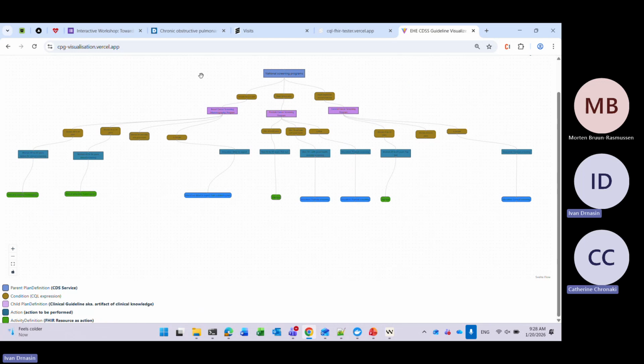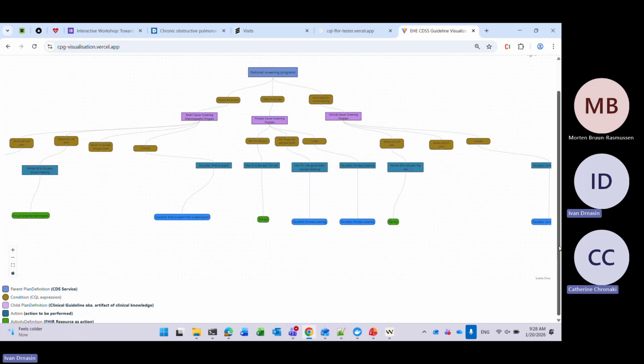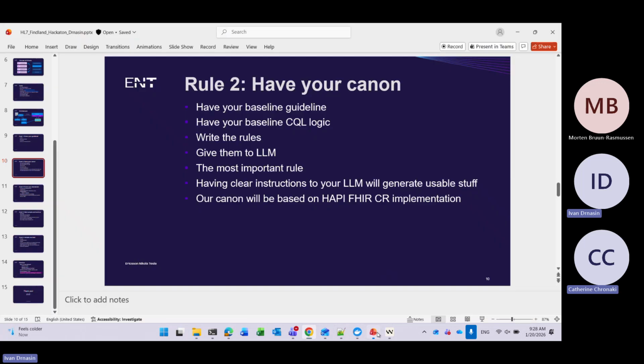And this is how we see the structure. This structure can get more complicated. I don't have that example. Maybe I will generate it in the afternoon, where we can have an additional guideline in a guideline. You mentioned yesterday that you can have a care plan referencing another care plan. That's something that we also implement. We can have multiple structures, a group of plan definitions like in this context. I will show that in the afternoon. Okay, it's okay. I can return to the presentation. Yes, I understand now. All right.